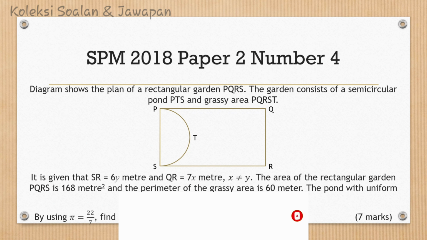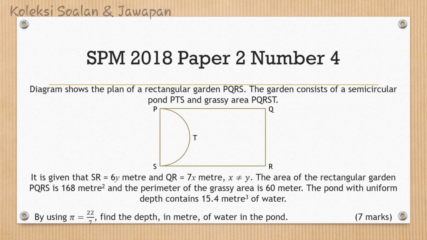Diagram shows the plan of a rectangular garden PQRS. The garden consists of a semicircular pond PTS and grassy area PQRST. It is given that SR equals 6y meter and QR equals 7x meter, and x is not equal to y. The area of the rectangular garden PQRS is 168 meters square and the perimeter of the grassy